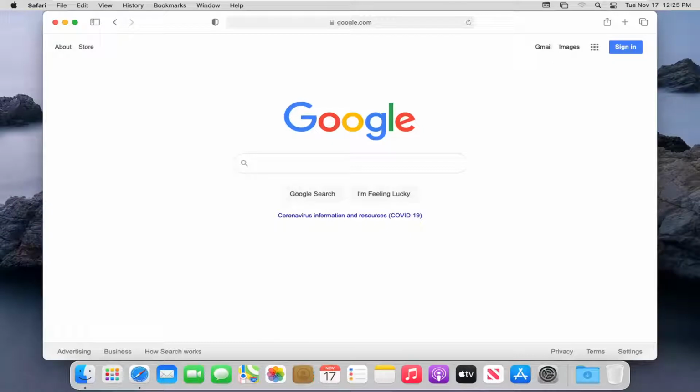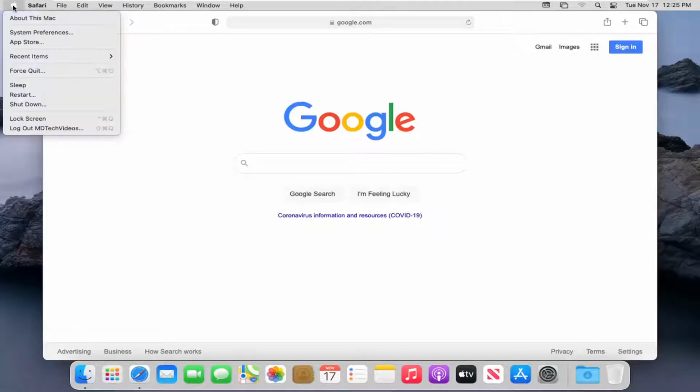In today's tutorial, I'm going to show you guys how to update the Safari browser on your Mac OS computer. So it should be a pretty straightforward tutorial, guys, and without further ado, let's go ahead and jump right into it. So all you have to do is go ahead and select the Apple icon in the top left corner